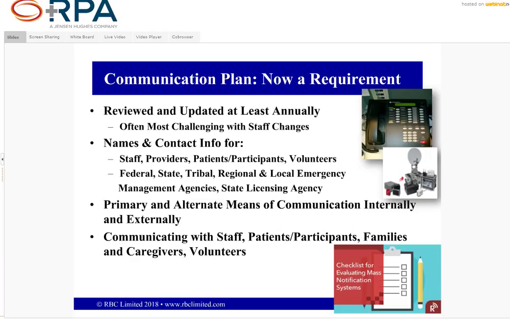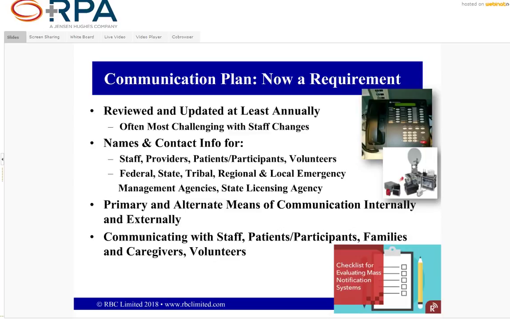So tying up the phones is always a primary issue, and we're going to talk a bit more about that. But take that list, build that list into your EP plan. I know many of you, if not all of you, already have that. And then make sure in your plan you have who's making that contact, on what frequent basis, so you have